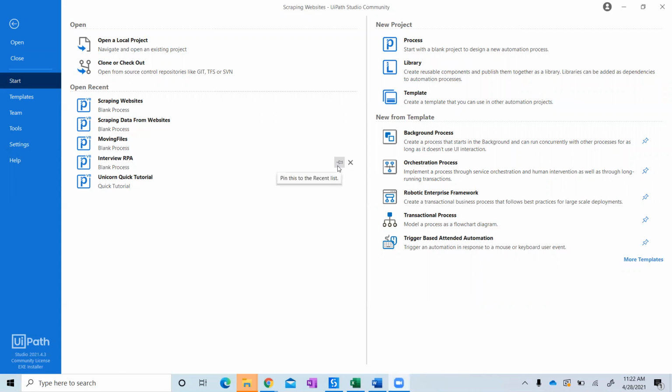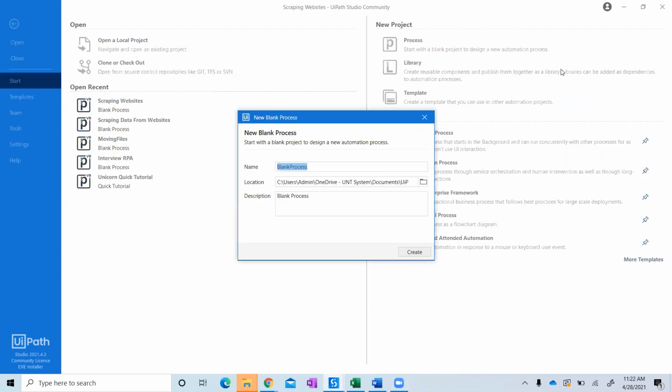This is Alexis. And this is Maria, and today we'll be creating a video on how to scrape data from structured data using UiPath. So the first thing we're going to go ahead and do is go to process, and